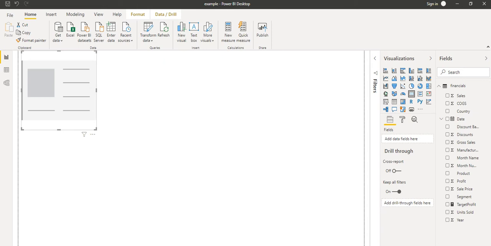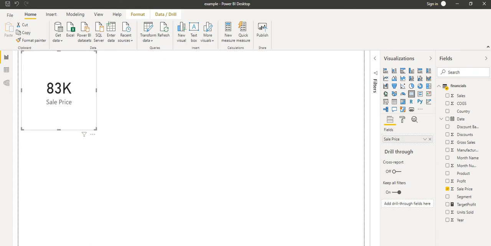In this tutorial we are going to talk about how we show the numeric data over this, and we will also talk about how we show text data on the card. So let's see how much is the sale price. We can either drag and drop here, or we can drag and drop on the field also, for any chart. Let's take it. It is saying the total sales price is 83k for this financial sheet.